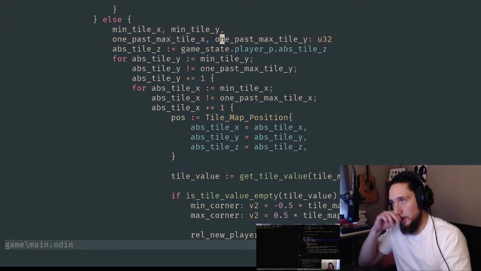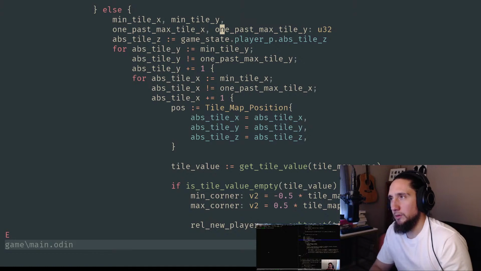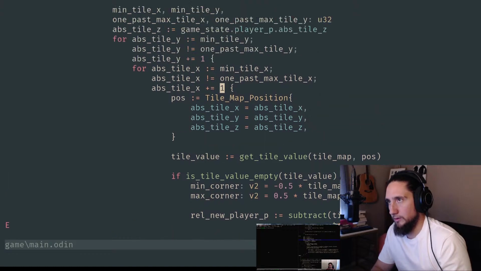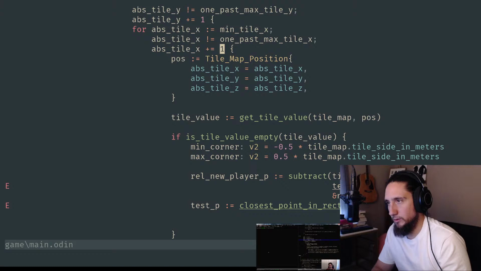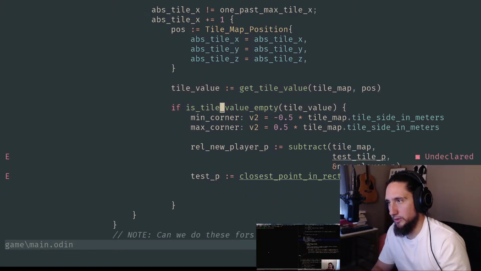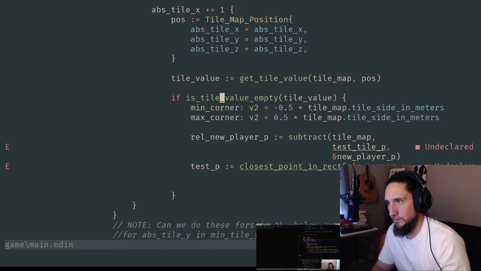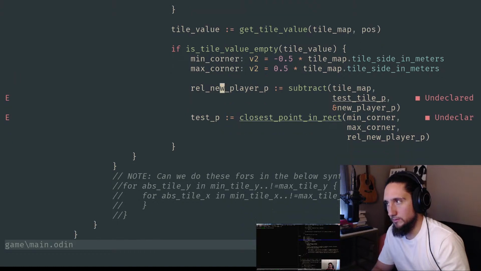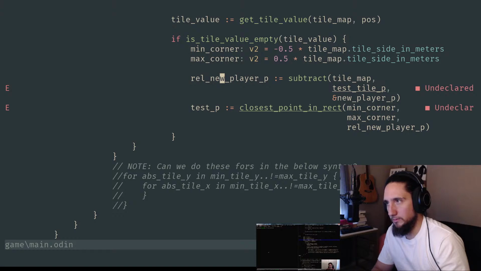So that's part of why I'm a little bit lost right now, but that's okay. But this is all gonna be relative to the position we're trying to move to, right? And we say if that position is empty, yeah, I don't know, but